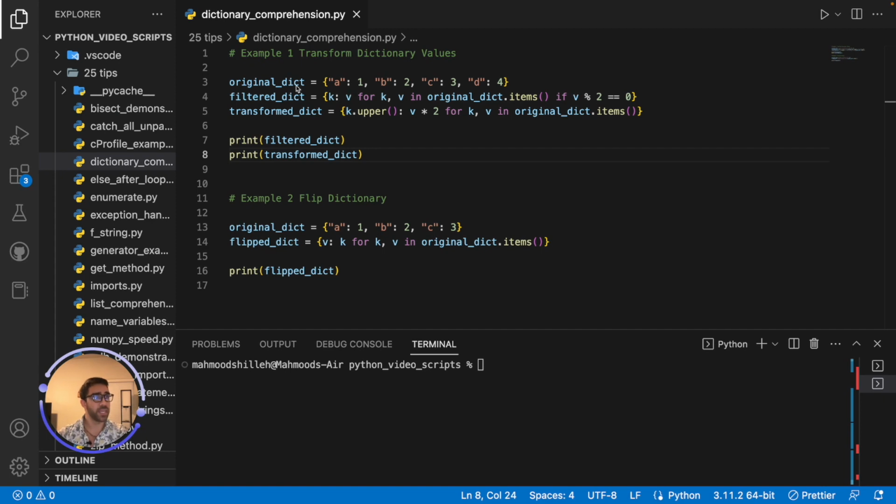So what I have in this example here is I have original dict, and I could do some filtering with dictionary comprehension where I'm trying to see if the value from the key is divisible by 2 in the first one. In the other case, what I'm just trying to do is I am uppercasing the key, and then I am multiplying the value by 2. And that's a nice way to do that, as opposed to having to go through a for loop